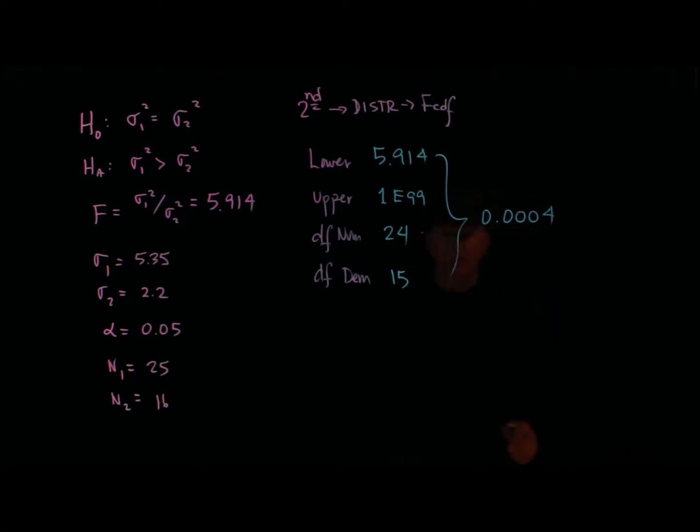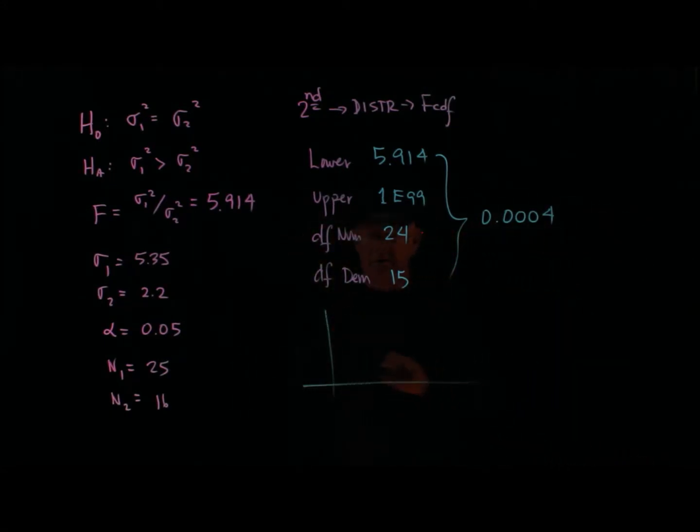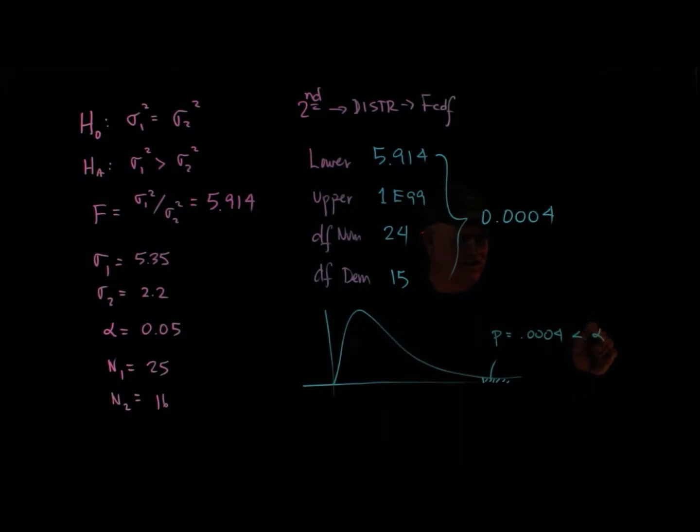Very, very small number. So what that means, if I was to draw a picture, here's the F distribution, here's the p-value way over here. Wow, p equals 0.0004. And so what that says, since the p-value is significantly less than alpha,